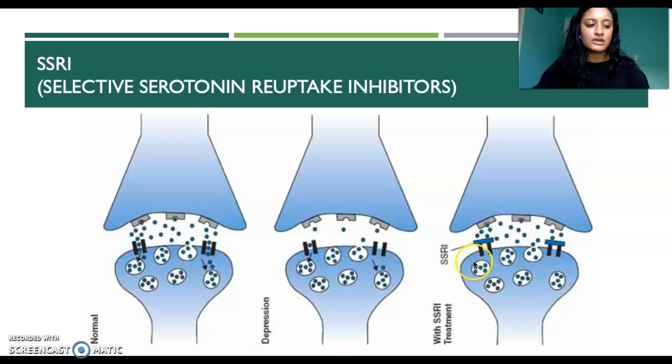And they're called selective because they mainly affect serotonin and not other neurotransmitters. It may also be considered to treat other illnesses like anxiety disorders as well. The SSRIs are one of the best medicines out there currently. So as we can see, scientists have found that mood improves as nerve connections grow and there's better communication.